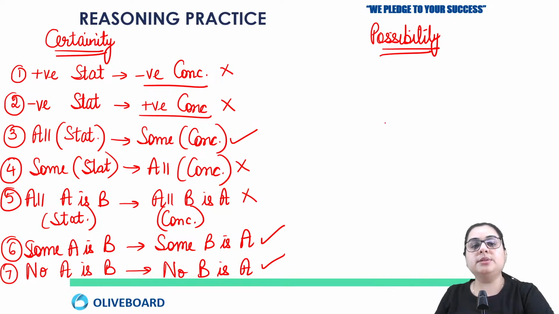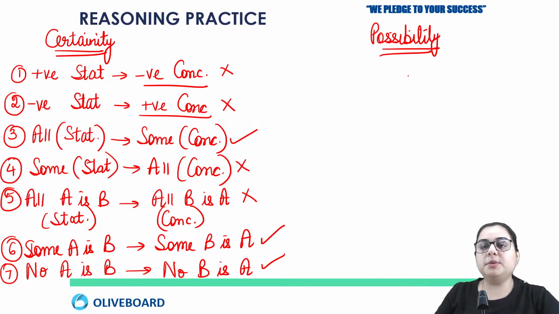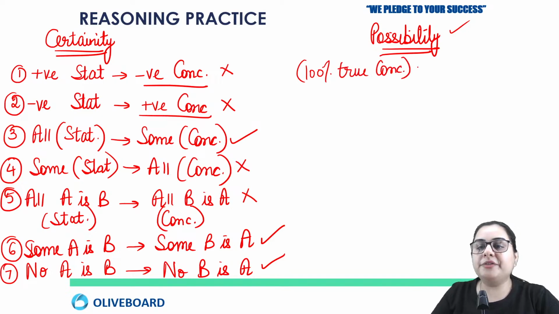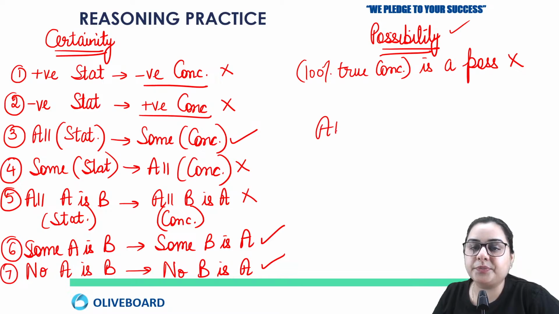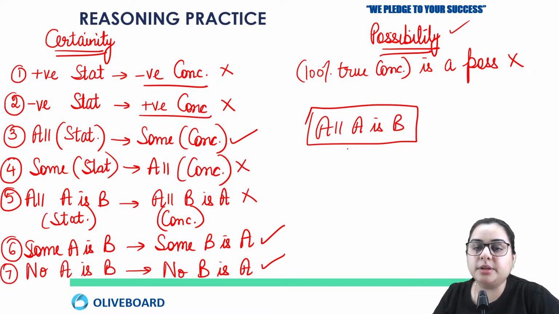Okay, so this is certainty, right? But what does possibility mean? Possibility means this can happen. So what we understand in possibility is that if you have a 100% true conclusion and after that he writes "is a possibility," that will be wrong. For example, if I say all A is B in the statement and in the conclusion you have that some A is B is a possibility,